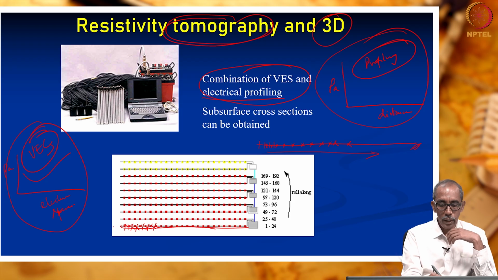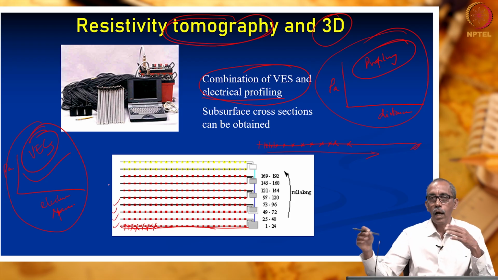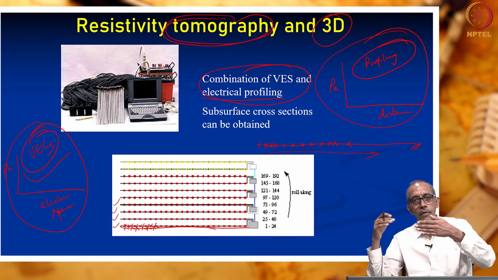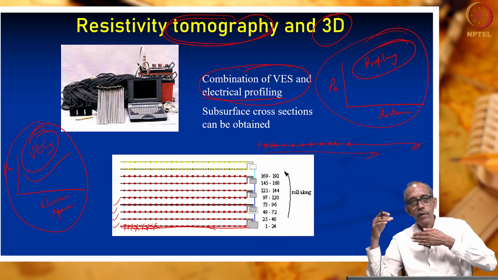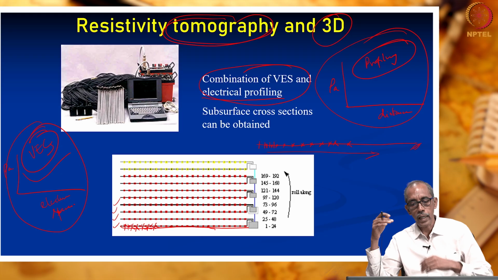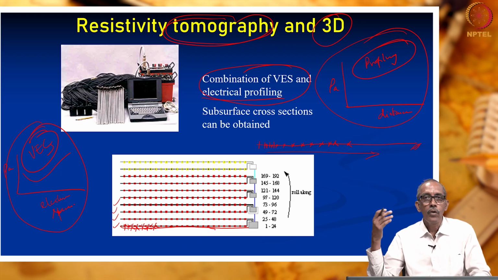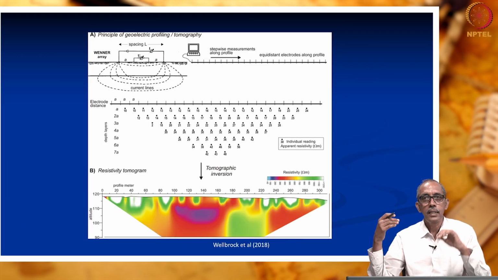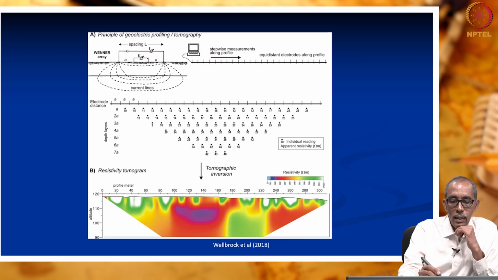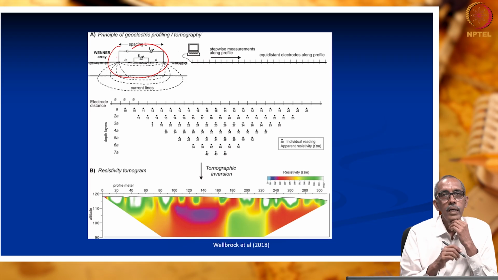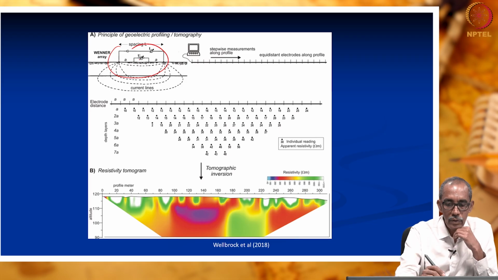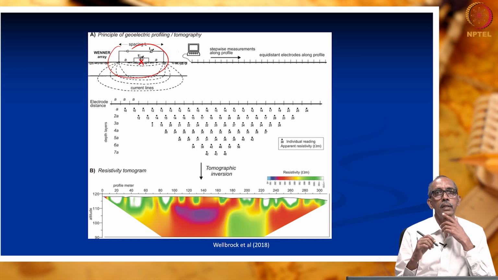That means, we have completed one profile, second profile, third profile, fourth, like that. Over the surface of the earth, we have scanned the subsurface at different profiles. How do we do this? We do this in the same way as we did profiling or sounding. This is one particular sounding, which means we have just studied this particular point.